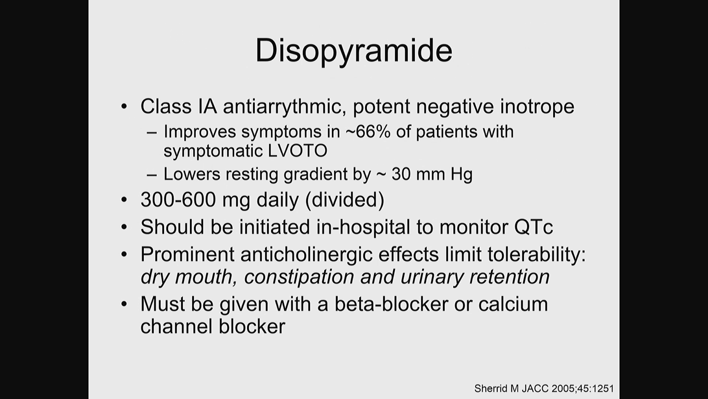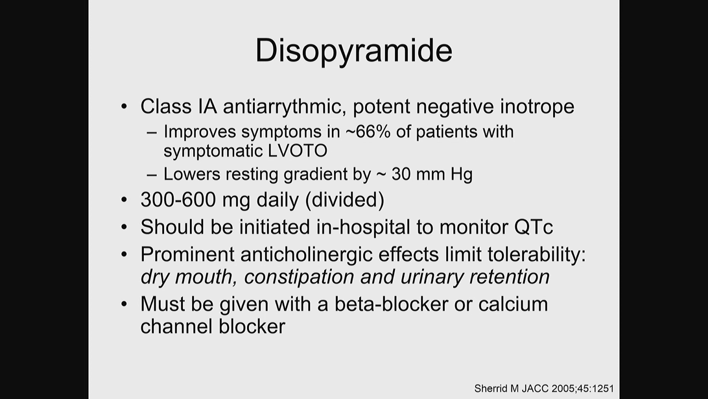Disopyramide was mentioned as a second-line therapy for obstructive hypertrophic cardiomyopathy. This is a drug that's not commonly used in practice outside the purview of hypertrophic cardiomyopathy, and it's useful to review its pharmacology and utility in this patient population. Disopyramide was originally developed as an antiarrhythmic. It is a 1A antiarrhythmic with potent sodium channel blocking properties. This in turn leads to a marked reduction in contractility, and this indeed is the pathophysiologic basis for its use